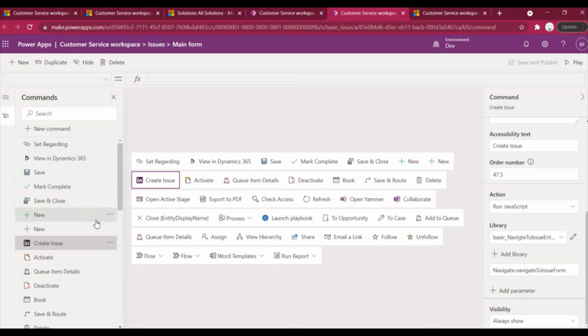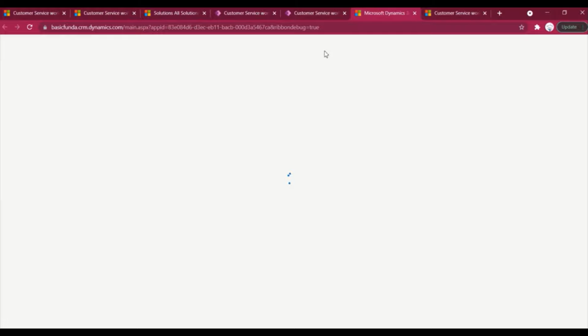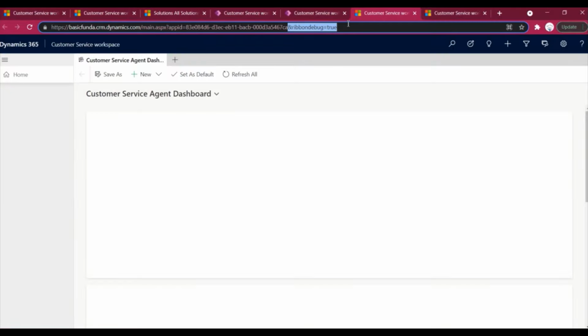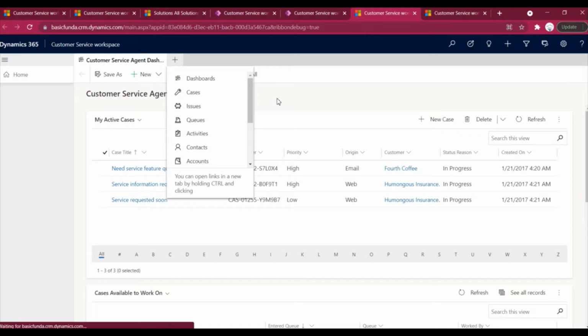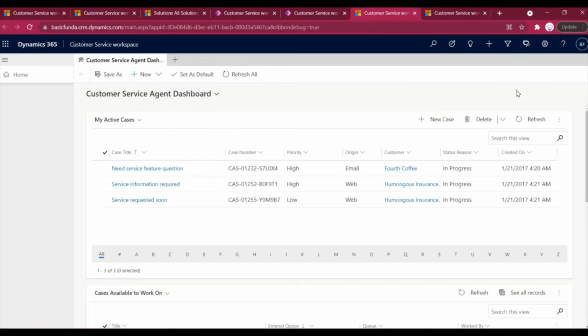And I have observed that it is a bit fast, because the importing of solution part has been reduced, so the performance is also great, and we can also always debug it by clicking on this play button. If you see that ribbon debug mode is true, that is the reason if I try to open any button from here, we can see the command checker. So this is the coolest feature, I think.